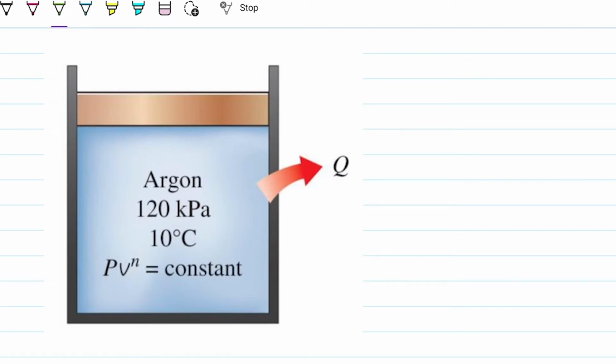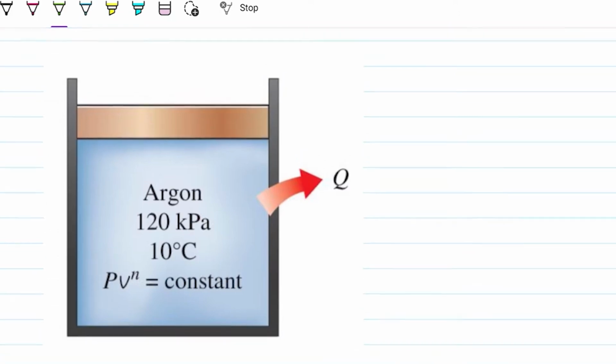Today we're tackling a problem around the first law of thermodynamics. We have argon, so we have an ideal gas, and this is a polytropic process. So that's where we are in the realm of thermodynamics. The problem statement reads